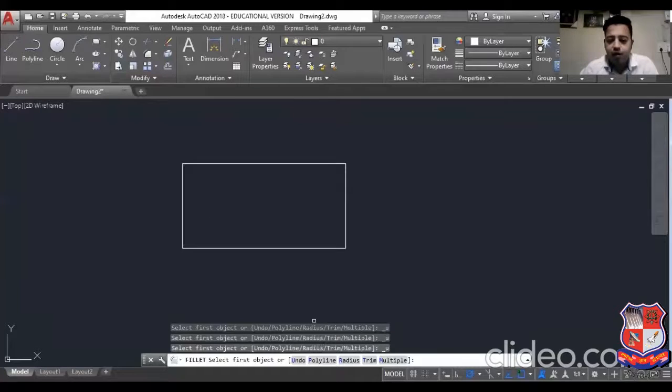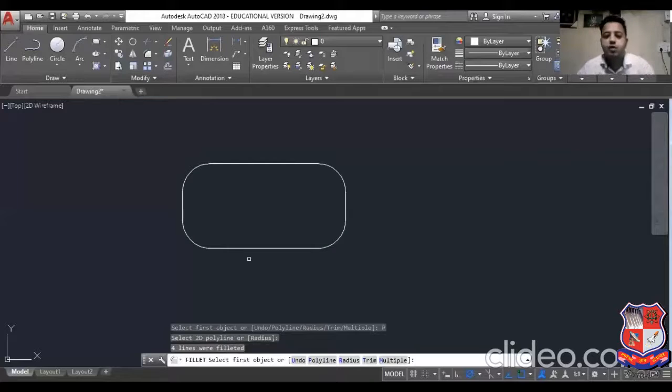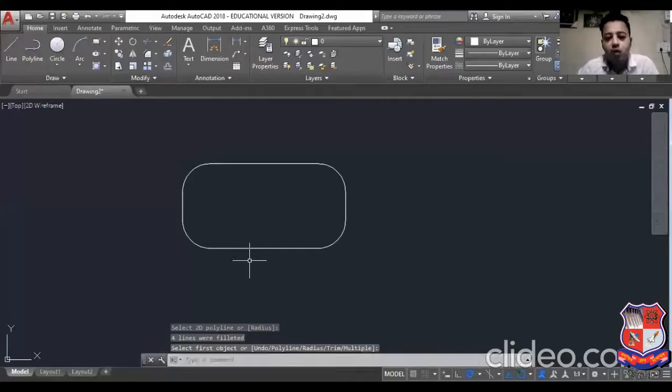Okay, and last option is polyline. Okay, if the object is making of the polyline command or we can say rectangle command, then it will take fillet as a full object, means it will take fillet at all corners. Right, go polyline. Now see, if you highlight the rectangle, move the cursor over the rectangle, it will automatically take 50 radius fillet. Okay, select and enter. So this is all about the fillet command. Okay, the application of the fillet is smooth the curve or smooth the object. Okay, so this is it.